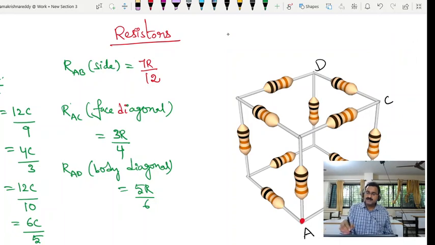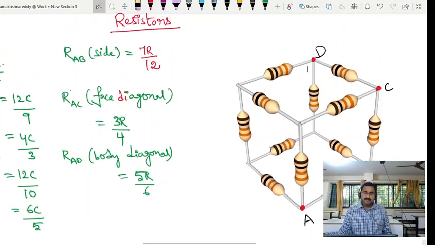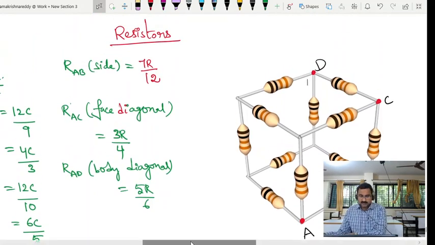What is the formula you practice there? Just a reverse only. Capacitance is replaced by resistance and the rest is just reversed, and you get the answer. Next, AD means it is the body diagonal. You must remember capacitors and resistors compulsorily. You all practice, these are very important, standard ones. A direct question they will ask, you can just mark the answer. At least practice for resistor, capacitor is the reverse, or at least practice for capacitor, resistor is easy. Just reverse of that.